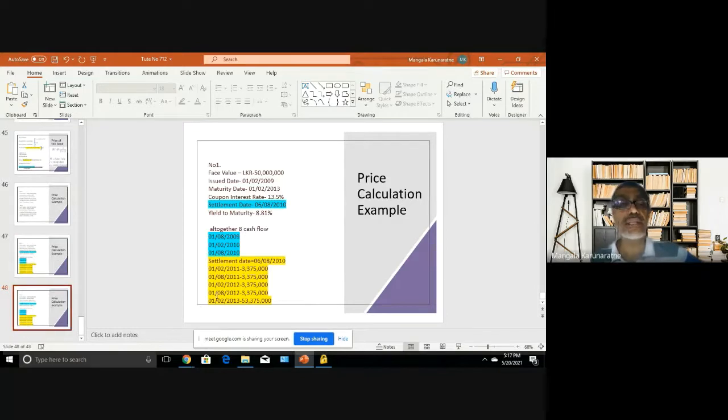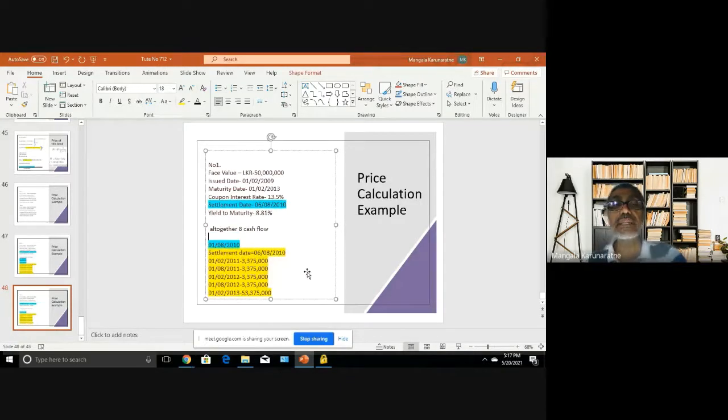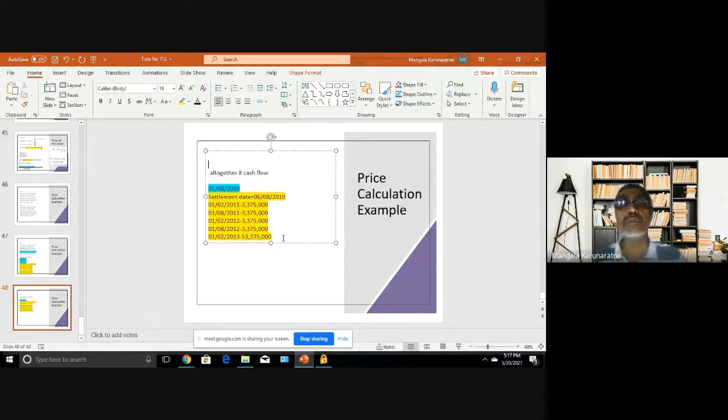The current coupon period starts from 1/8/2010 and goes up to 1/2/2011. Number of days in